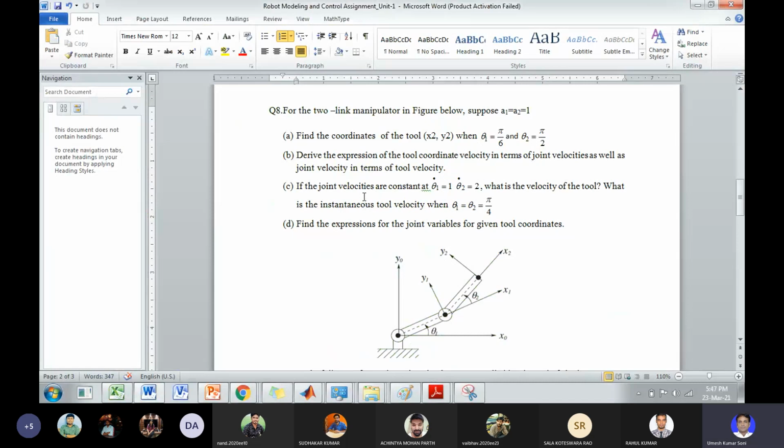When you have theta 1 dot and theta 2 dot known, and you want the instantaneous tool velocity, you can determine theta 1 and theta 2. Theta 1 and theta 2 are pi by 4. You can put the values of a1, a2, and the constant terms theta 1 dot and theta 2 dot, the joint velocities, are constant. So in that case you can calculate the